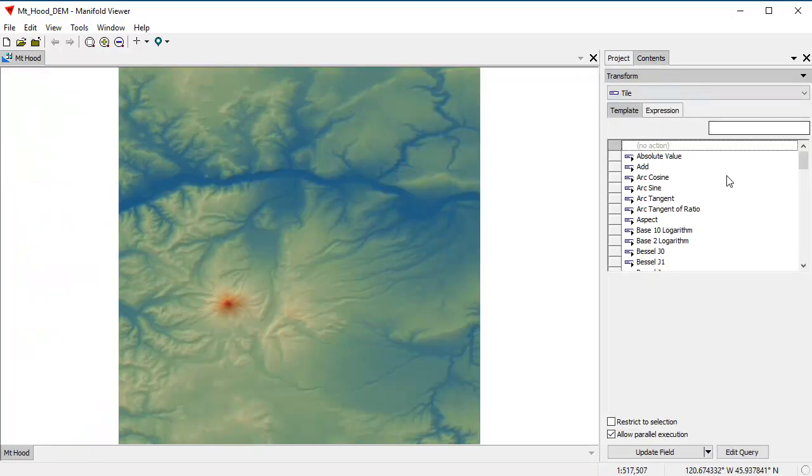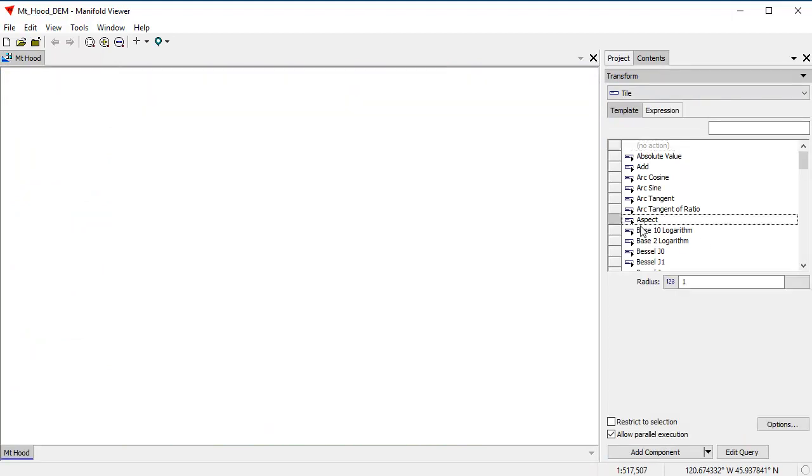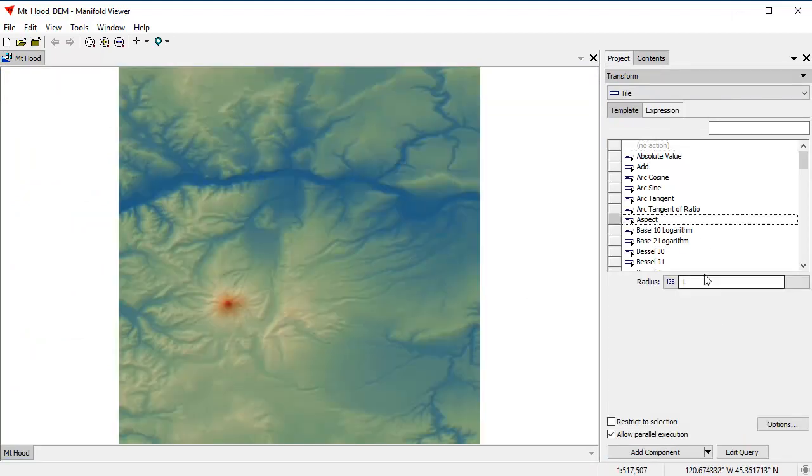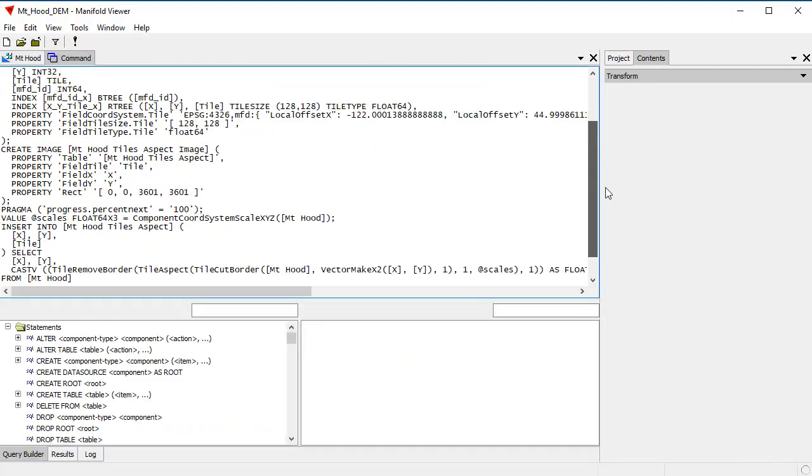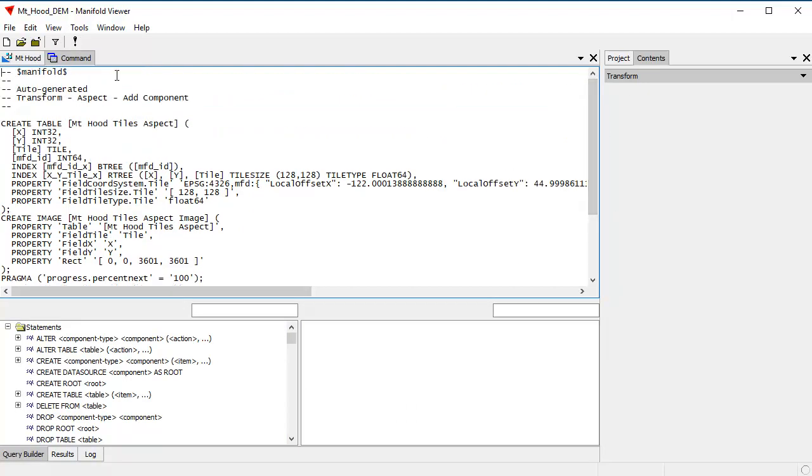Anything that Manifold does here, if we want to see how it works, for example, aspect, let's say we want to see what it takes to do an aspect with a radius of 1. And we allow parallel execution, so it's going to run CPU parallel. If we want to see what the query is behind all this, we just click Edit Query. And Manifold will open the query that's actually being executed to run the command to do that